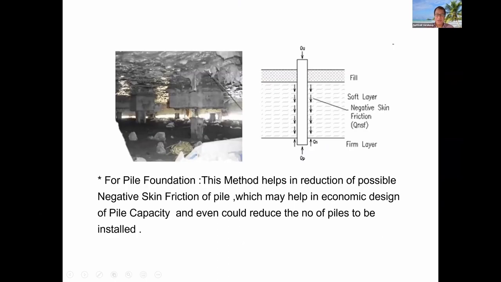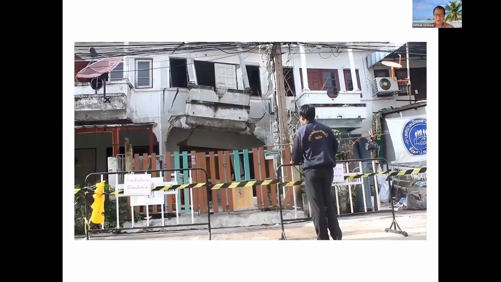Another problem with this kind of thing is that you have fill material over a very soft area, very soft soil. There's a possibility of what we call negative skin friction. And finally, the house can collapse like this. So that's the problem we pose when we try to make use of a newly filled pond, and then large settlement occurs and causes problems.